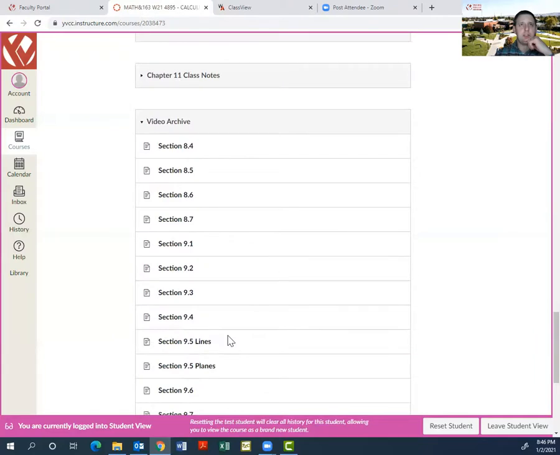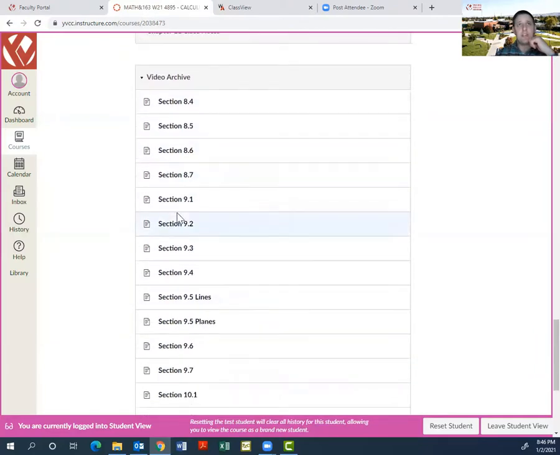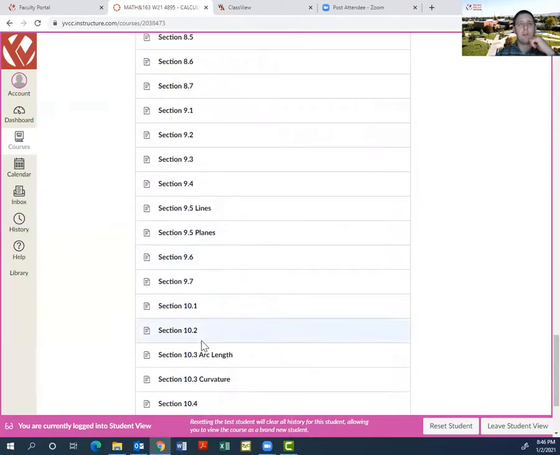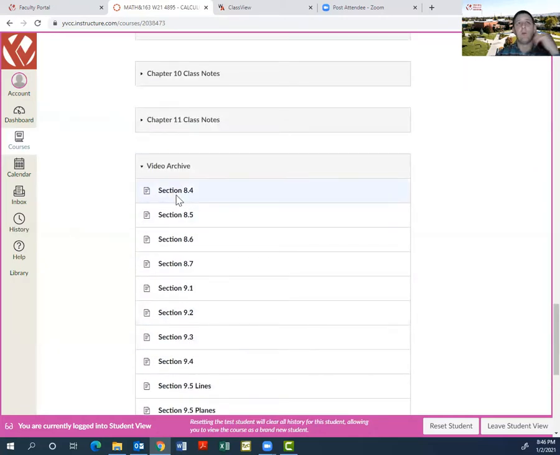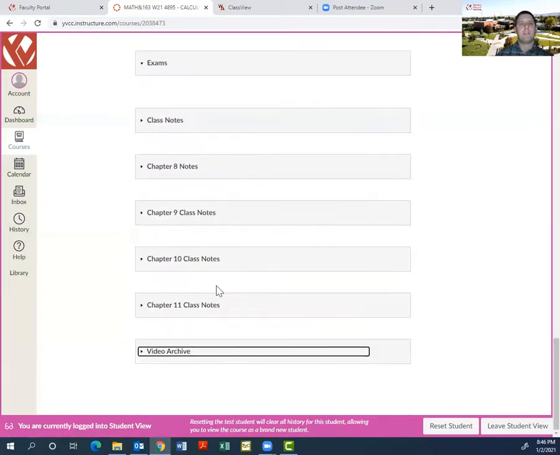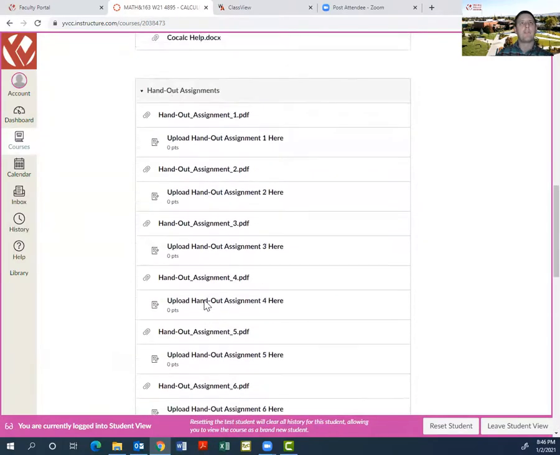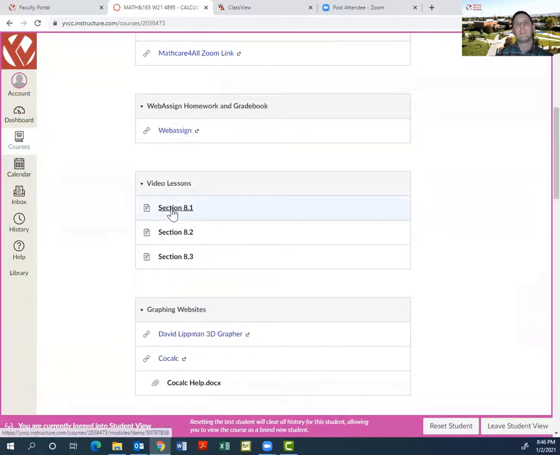And then down here is the video archive. This is where all the videos are. So if you get way ahead of the class and I haven't put the video up top yet, it's just down here, so you can still find it. And after we've passed a particular section, I will put that back down in the video archive. So let's say in a couple weeks, long after we finish section 8.1, you think, okay, I want to go watch that again, getting ready for the test or whatever. You'll just find that at the very bottom of the page in the video archive.